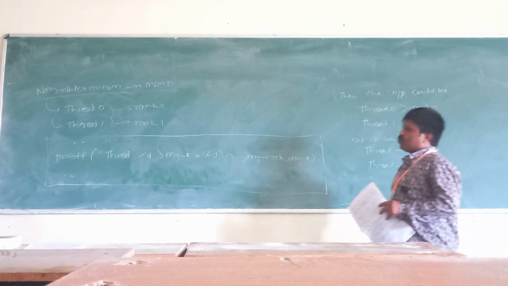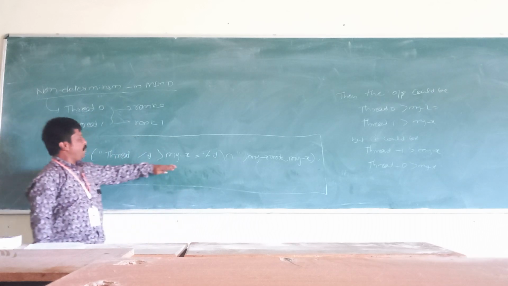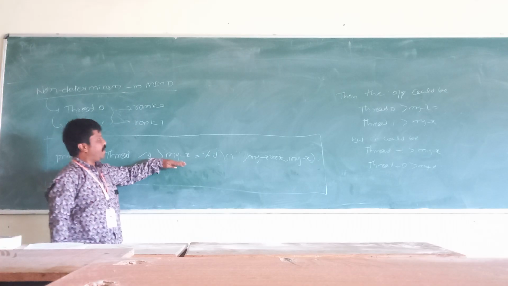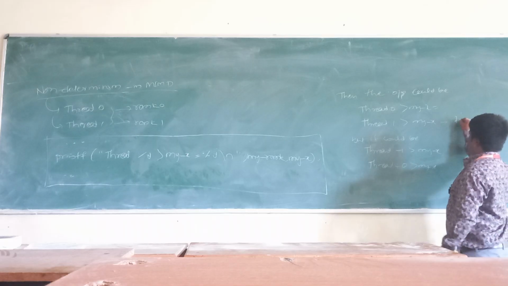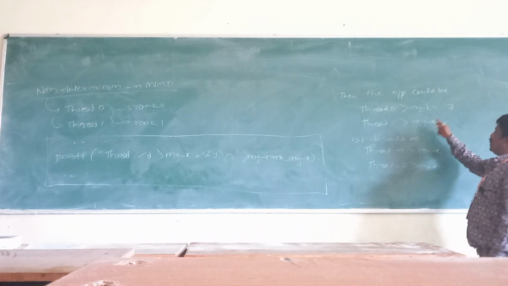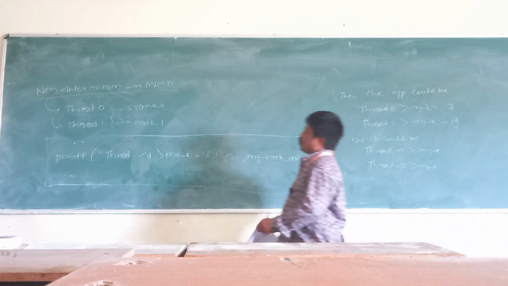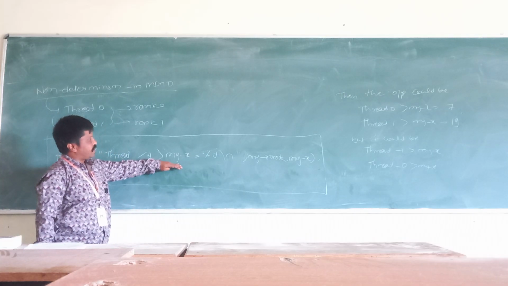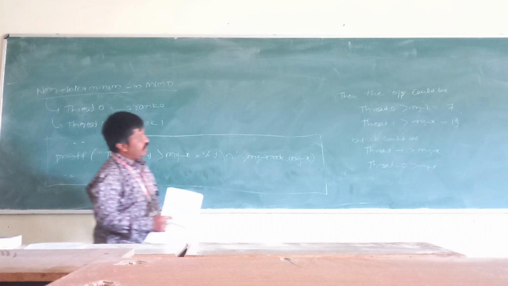Here the two threads are thread 0 and thread 1. Then we have one variable that we call the my x variable. My x can have more values. Initially for thread 0, my x is initialized with 7, and for thread 1 it would be 19. So the variable can have two values, 7 and 19.